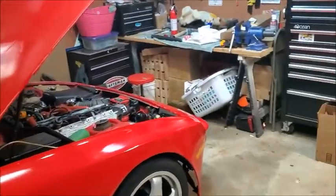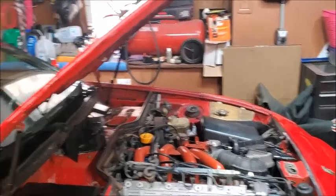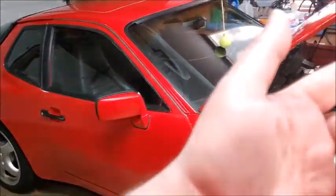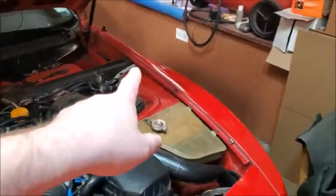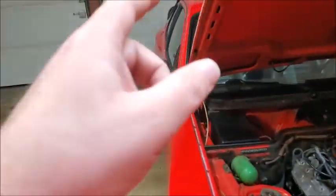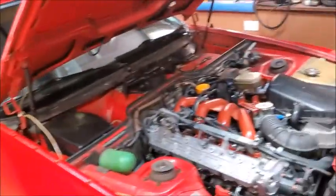So I looked in the engine bay, looked at the fuel lines and everything. Couldn't really see anything. I thought maybe the vacuum lines and stuff that go up to the charcoal canister and everything were bad, and the fumes were leaking out. People have said there might be a crack in the tank and everything. Well, under further scrutiny,